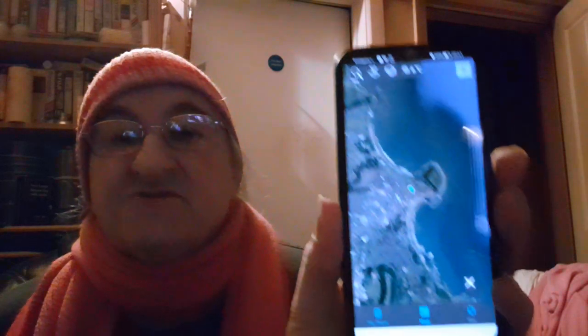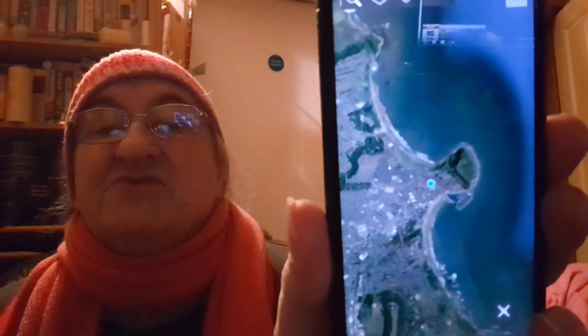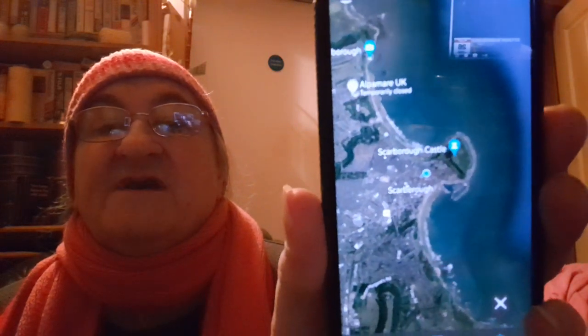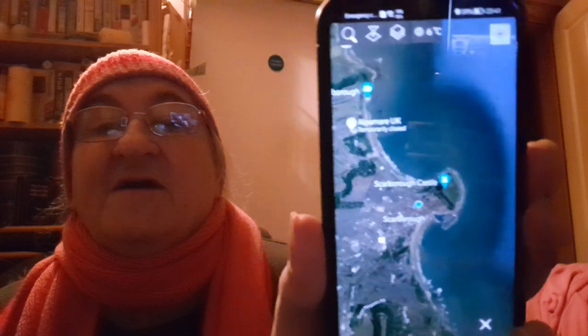Let me go to satellite view because it's a bit more detailed, and not as bright, it doesn't glare at you as much. You can see there are no fly zones on there at all. If there were, the Drone Assist app is the one that has been recommended to all drone pilots and users of